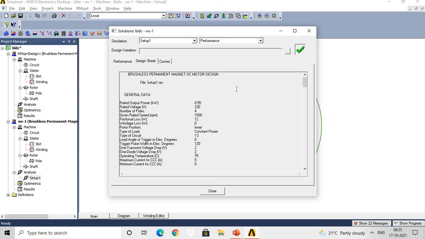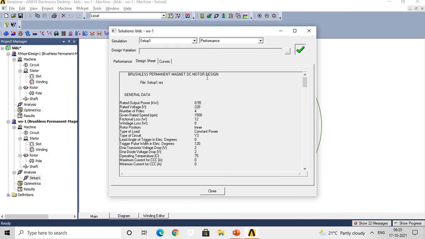In this detailed design sheet, which information is available? The beauty of this software is that you will get an idea about the material consumption, different characteristics of the motor, as well as no load operation data, full load operation data, etc. This information is very helpful before making the hardware model of any motor, and it will help to make the pre-analysis or FEA analysis of the motor before making the hardware model.